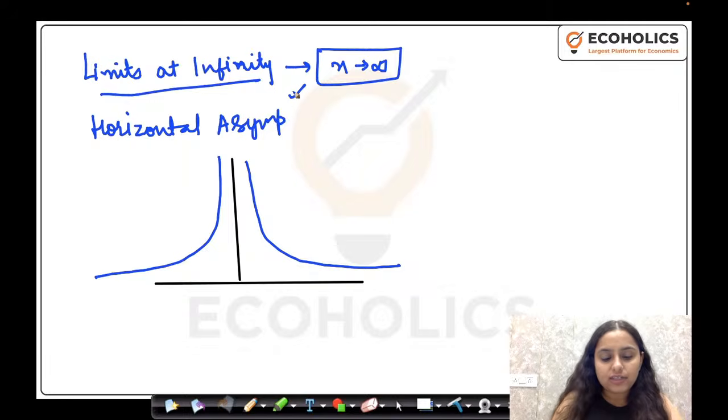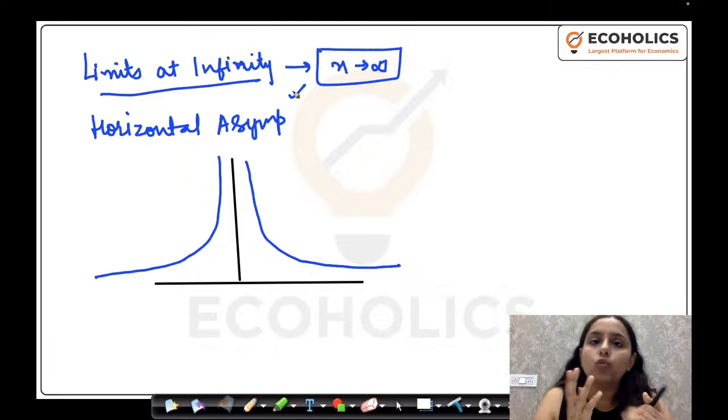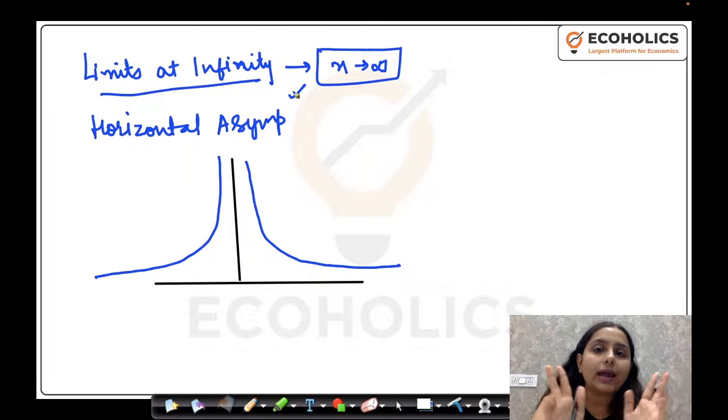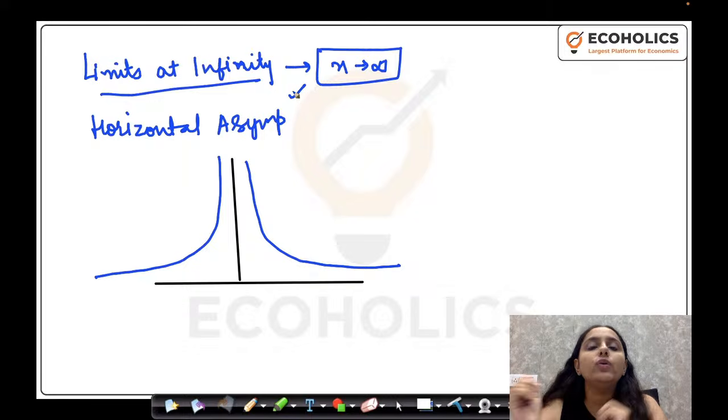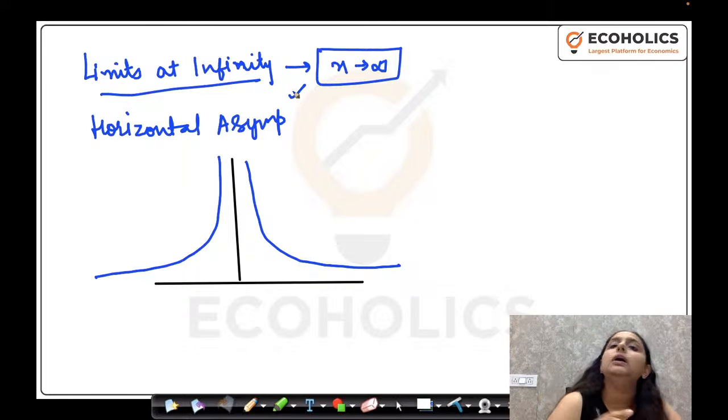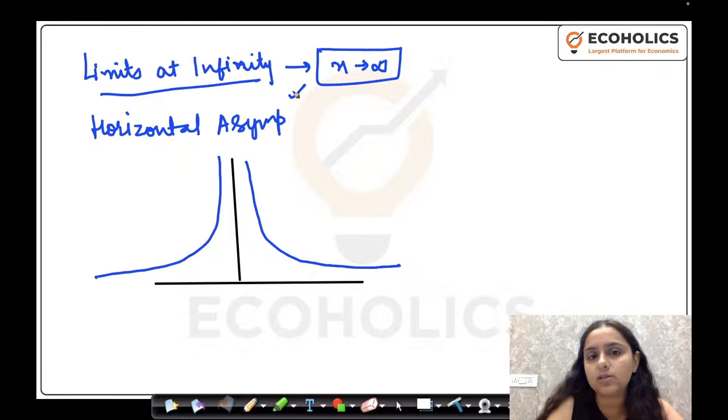So for today's session, we have done two very important concepts of limits. I told you the intro of limits, and then we did the two important types of limits, on the basis of which you can solve questions. I have told you the tricks also. In the next session of limits and continuity, we will move ahead and talk about some standard limits. We will also learn how to find continuity, how to check whether a function is continuous or not.